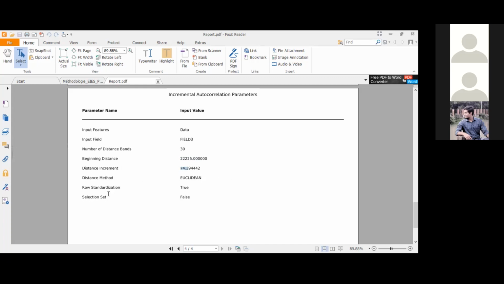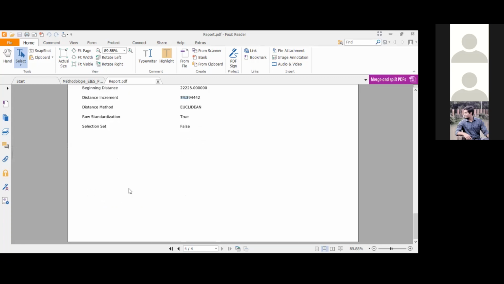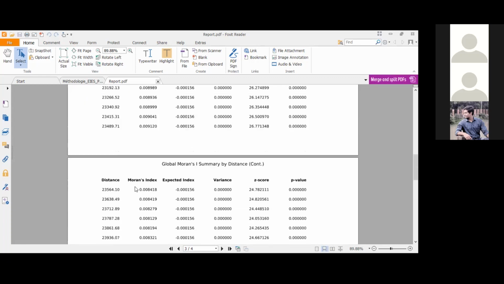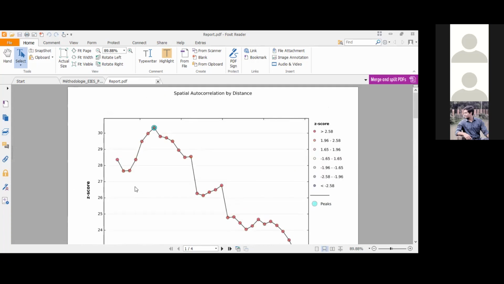And then we use standardization, yes or no? I'm not sure. So the section is set first according to standard deviation. Yes, this is the report about the incremental